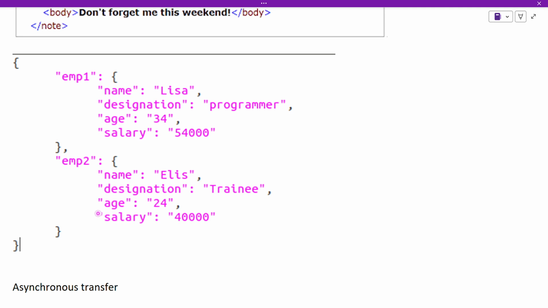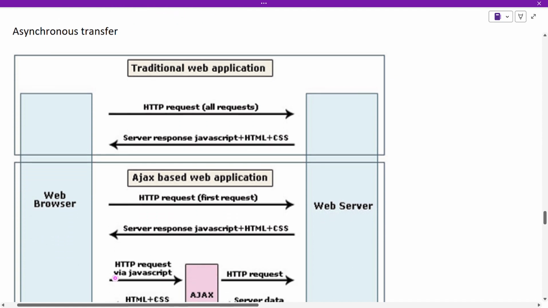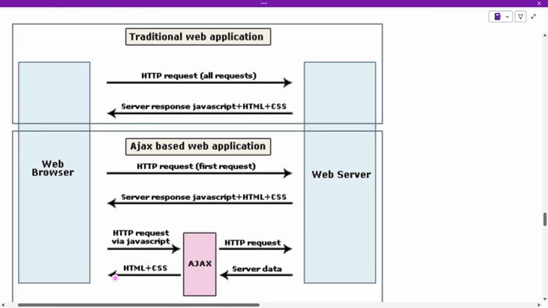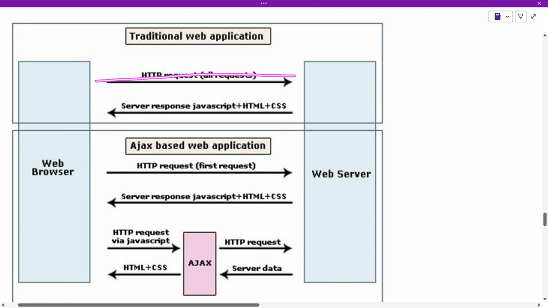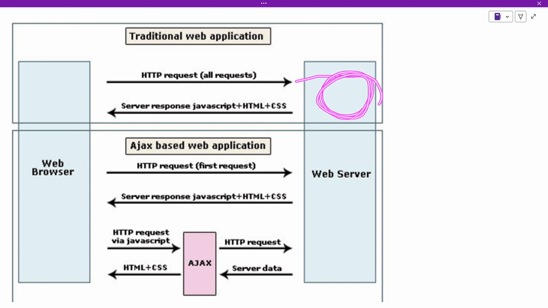We can employ a strategy called asynchronous transfer. What is asynchronous transfer, and how can it be achieved? In the traditional web application, we throw in an HTTP request and then we get a response, and we are not sure how much time it is going to take to give you a response. In this meantime, a client program has to sit idle, but it's not a great way of programming the web. So we can use something called Ajax. Ajax is nothing but